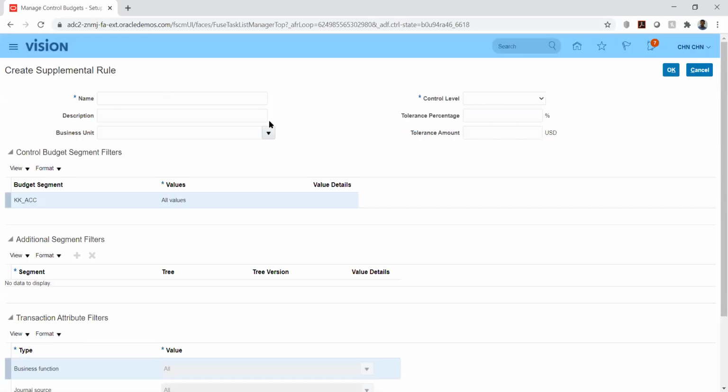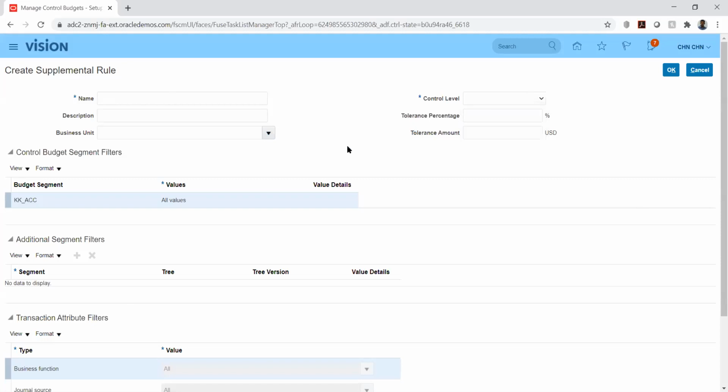Here, if you see, we will select a business unit. Here again we will have absolute and advisory. Let's say we have selected absolute at the header level, that is, in the previous setup we have given absolute to restrict. For this particular combination, if we want to give advisory, the system will override the earlier setup and consider the supplemental setup.